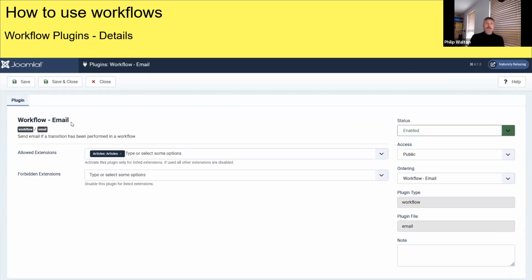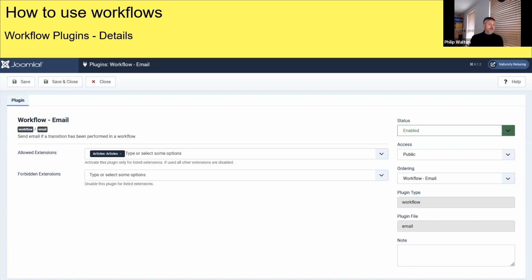And here we have the actual workflow email plugin. It's virtually the same as the notification one. It gives you the ability to say what extensions you want to allow the plugin to work in and which ones you want to forbid it. And there's not a huge amount of selection here, but imagine workflows grows a lot more, and we have workflows for calendar, workflows for users, workflow for lots of different types of workflow. This area could grow, so you can apply workflows for different groups of things.